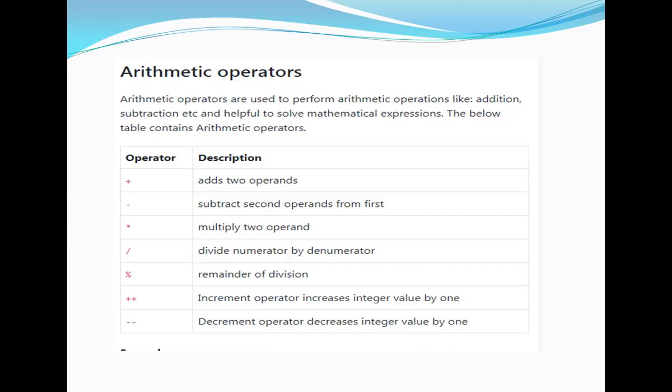Plus plus is used to increase the value. Minus minus is used to decrement the value, like whatever value is assigned. Just now we discussed, right? i plus plus, plus plus i, like that. i minus minus is there, minus minus i is also there. You got what I'm saying? Yes, sir. The same way plus plus works, minus minus will work. If you use pre-decrement, minus minus i, it will decrease first, then assign. With i minus minus, it will assign the value first, and after that decrease. So these are the arithmetic operations.